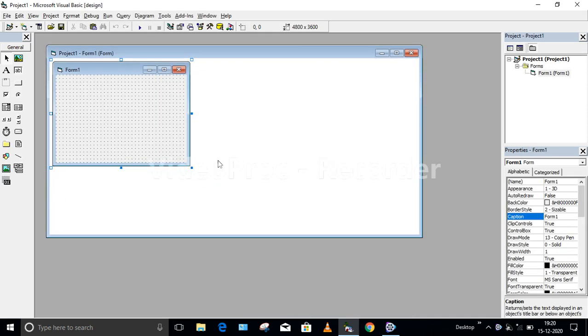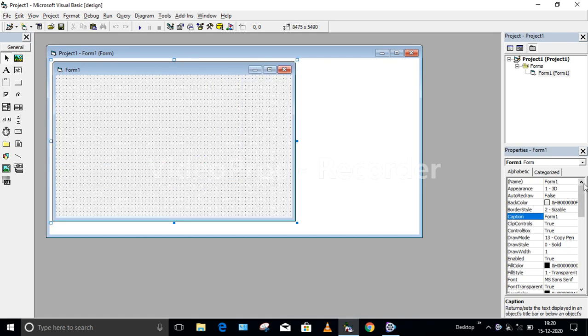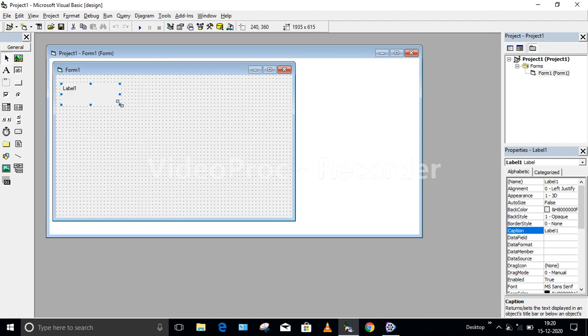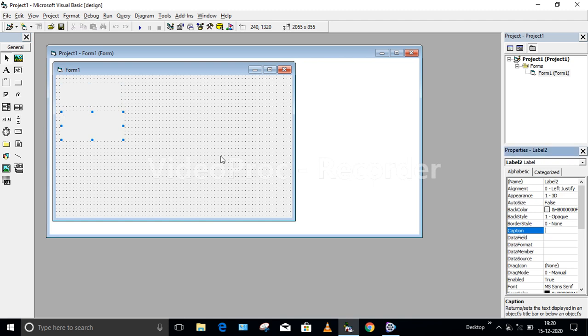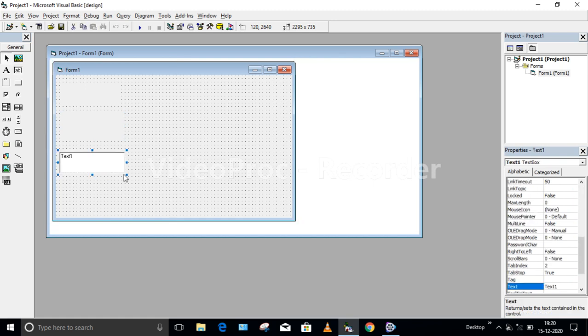Okay, so now let us see the design part, or simply the form design, of the small alarm clock. If you want to design that, we need very few elements or tools. So I need two labels. For label 1, I'm going to clear the caption, that's all. I'm not going to change the names here. Label 2 also I'm keeping clear. And then I want one text box which is accepting the input from the user. Again, the text box caption I have kept clear.